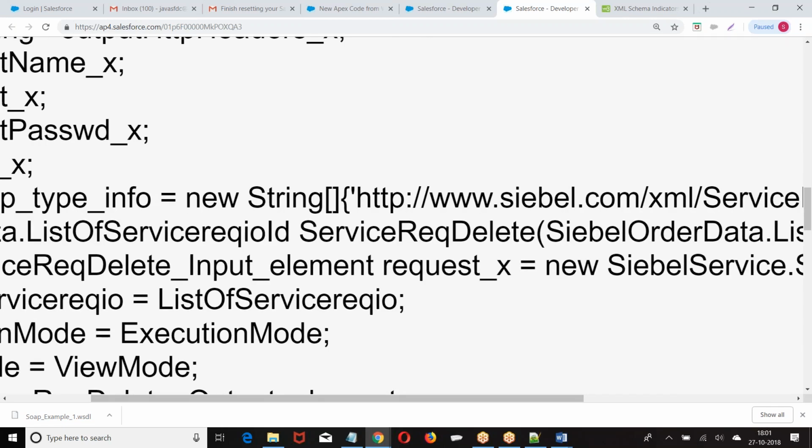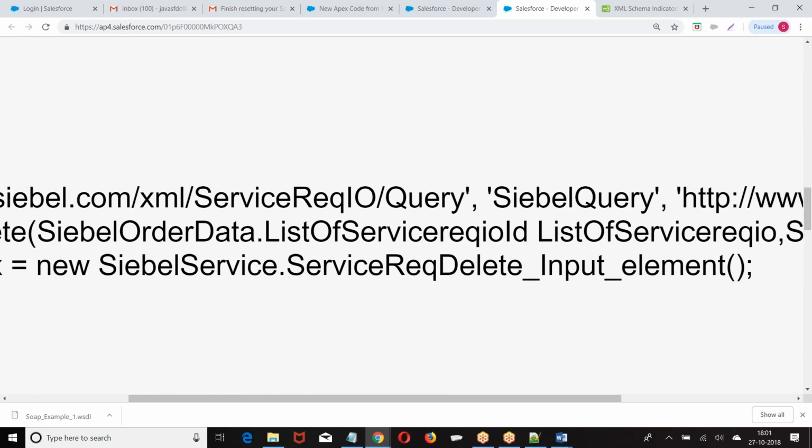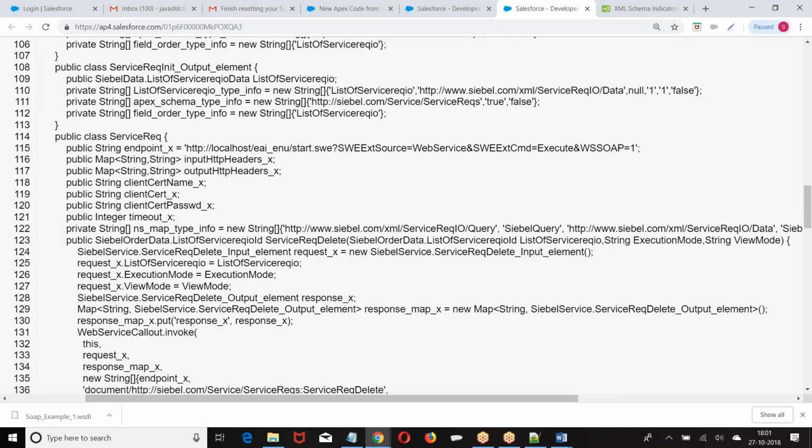Service request delete. Now these are the parameters you are supposed to pass. What are these wrapper classes? What elements are there in the wrapper class? Go to the class, the WSDL file, check out what elements are there, and pass them. Once you have consumed it, the corresponding classes come, right? Go to the class, identify what elements are there in the class, create an object and pass it. Okay. Are you getting my point?